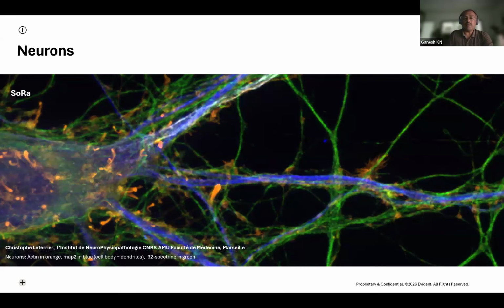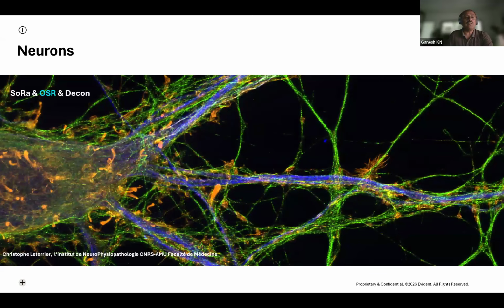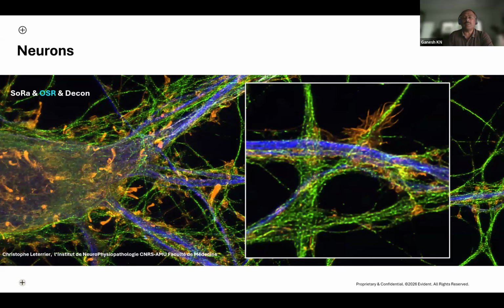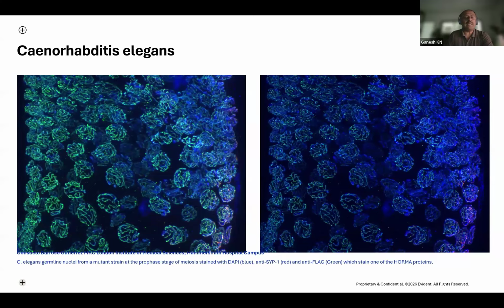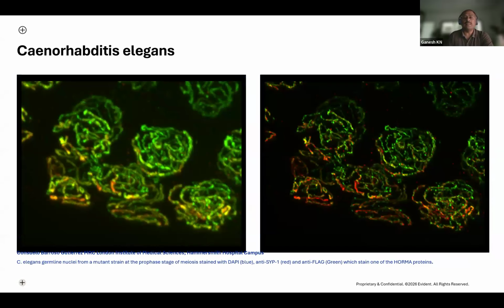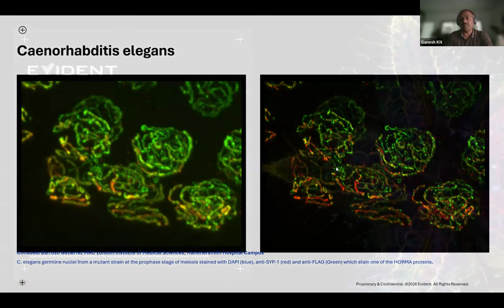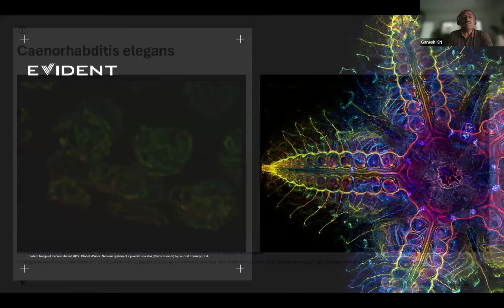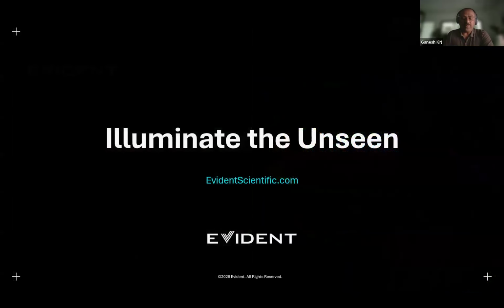This is conventional confocal with SORA and deconvolution. So this is again seen against nuclei, zoom, and this is SORA, and this is SORA and OSR deconvolution. So what we have achieved is, initially we decided that we should have a better sensitivity and